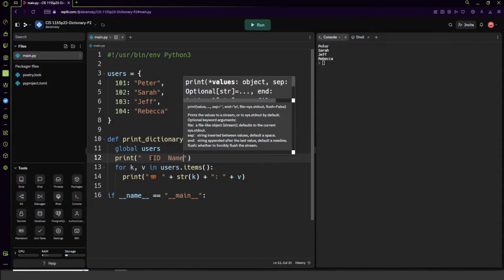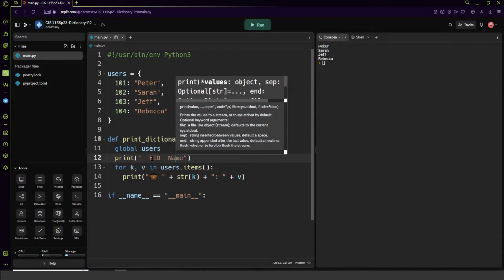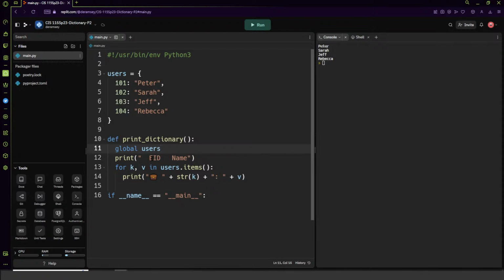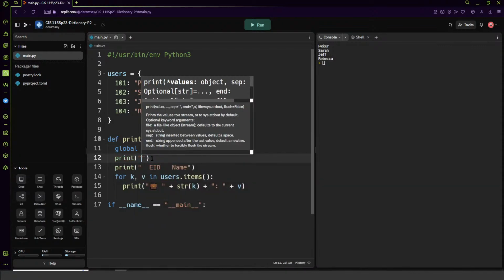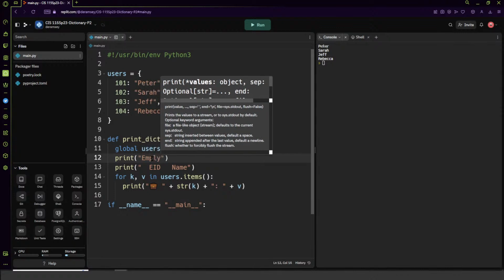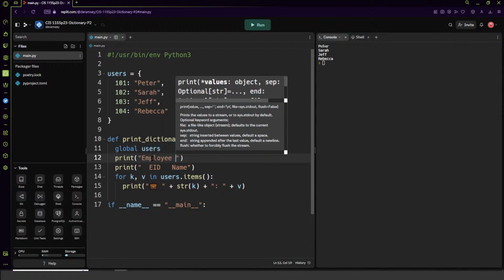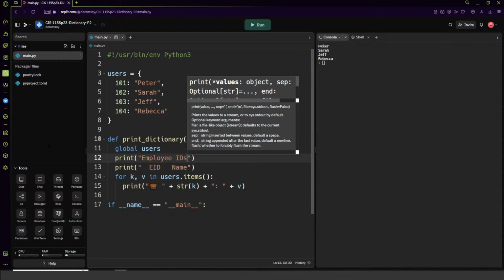And then name. Right, so we can even have it structured that way. And we could print another line here for like employee IDs. So if we were to run that now,